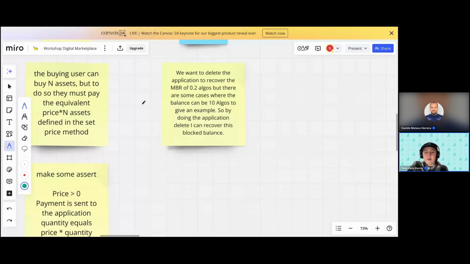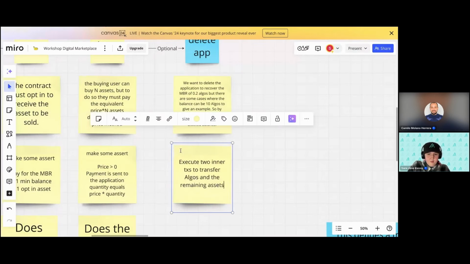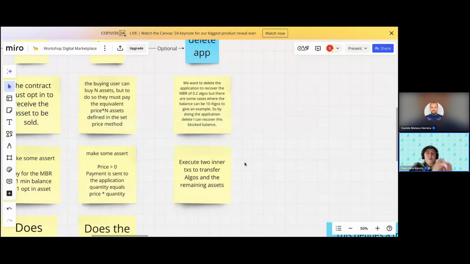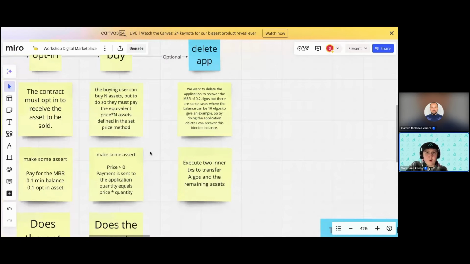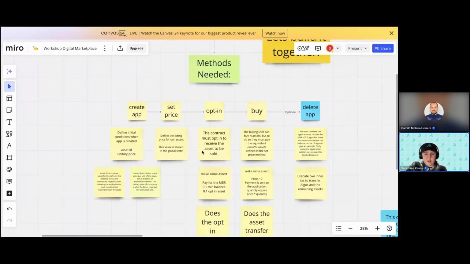And lastly, very, very lastly, what should happen after we delete the application is it executes 2 inner transactions to transfer algos and whatever the remaining assets are. So if we look in full now of what our smart contract should do, our digital marketplace,